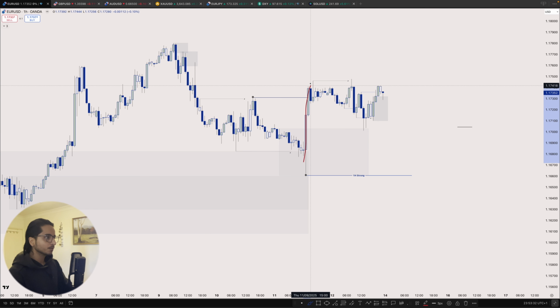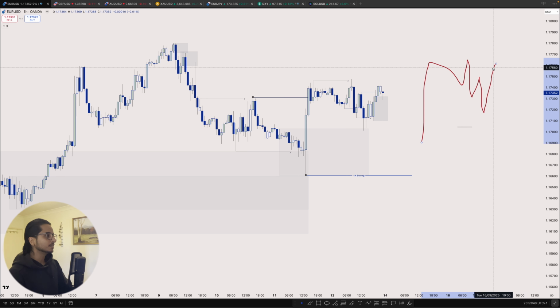We got the push up, pull back, we got a push up, swept the liquidities, we got a push down, right? We mitigated this range, we pushed down again, mitigating this 4 hour demand, right? And now we got this break. What do we have now? If we drag this a little bit, we have an indication that this high is weak now.